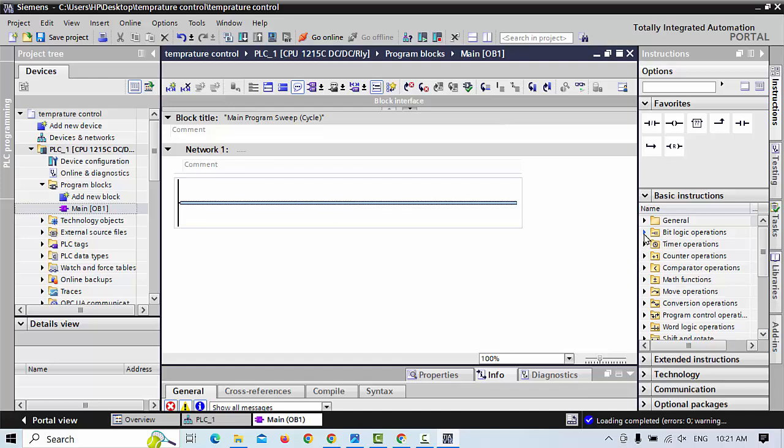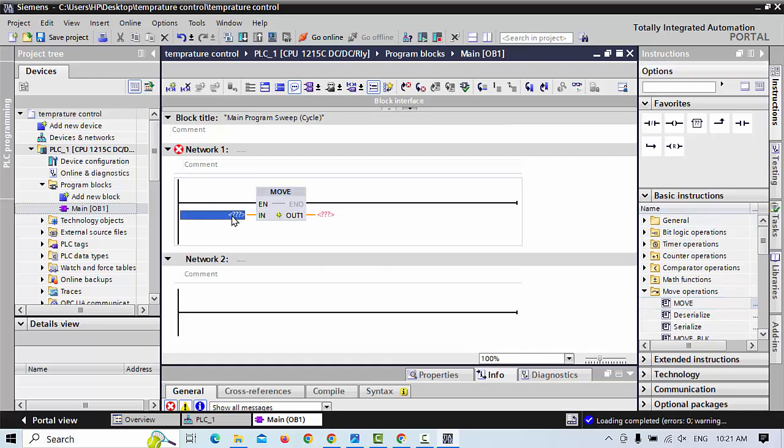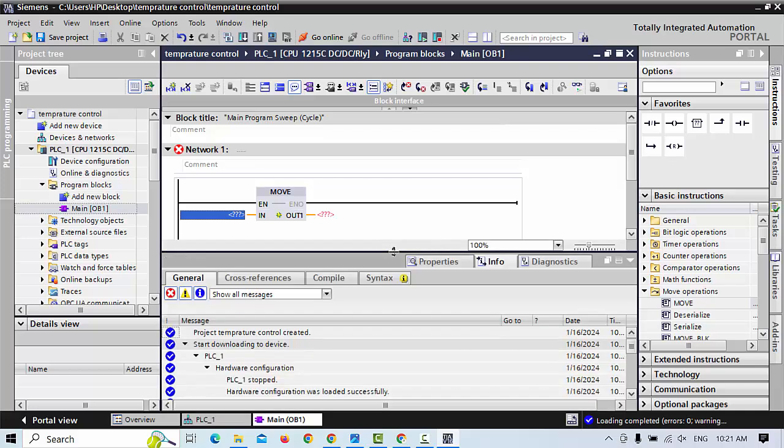You have to go to move operations, because when you read the temperature you must move it into a data register. You choose one move command, and first you have to put one data register which is specialized for Siemens. You can take it up and go here